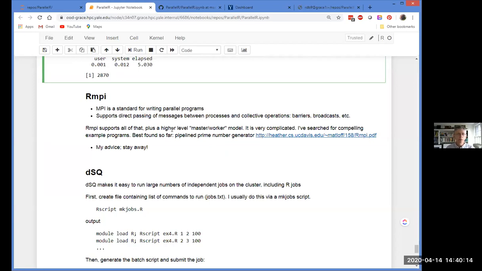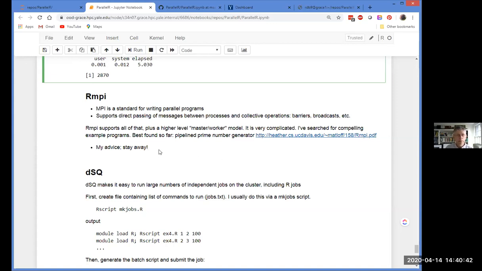But it also has some higher level master worker APIs. I tried my best to find some simple examples of using native RMPI that were both compelling and understandable. And I didn't do really well. It's really a complicated system to use, but this link that I have here is the best one I've been able to find so far.